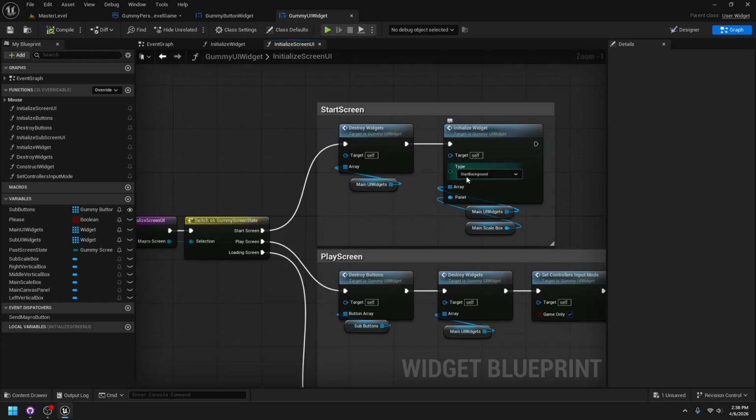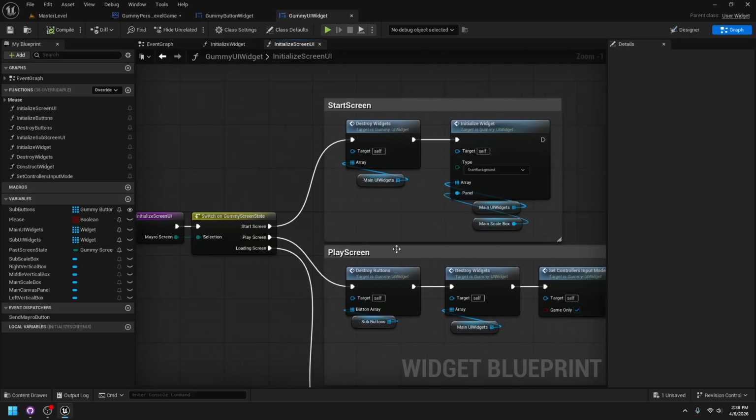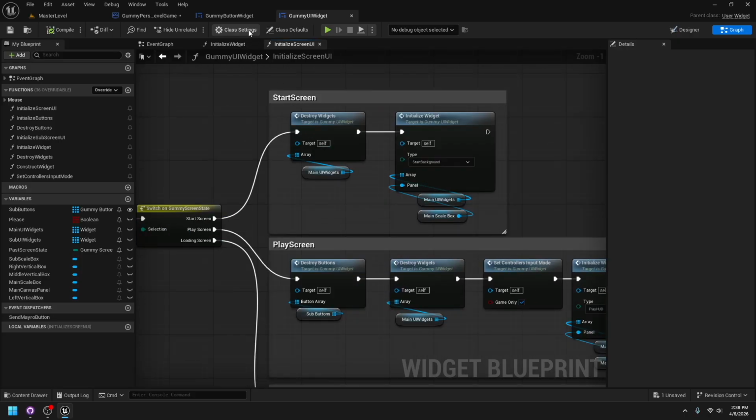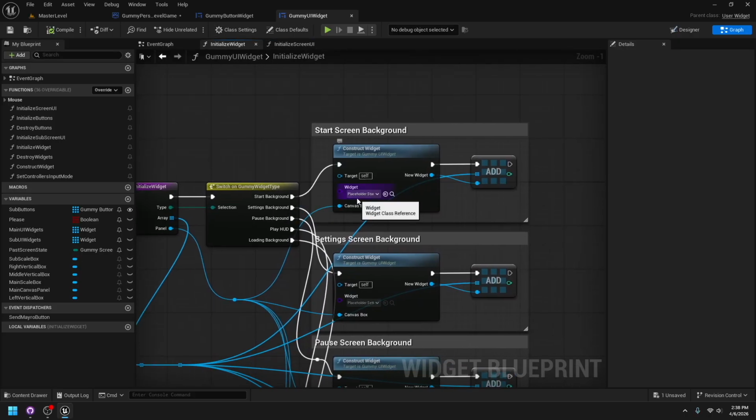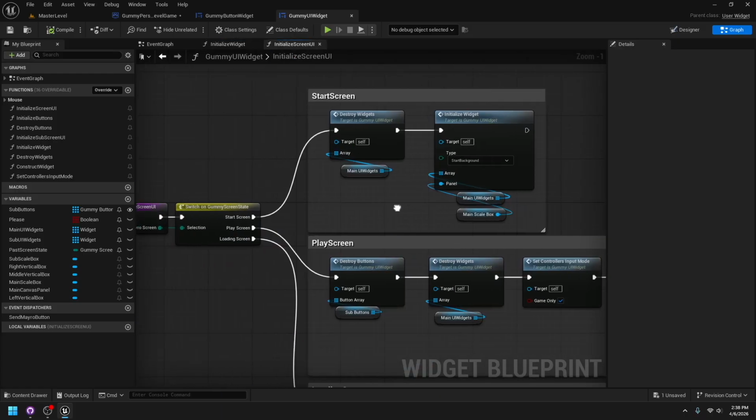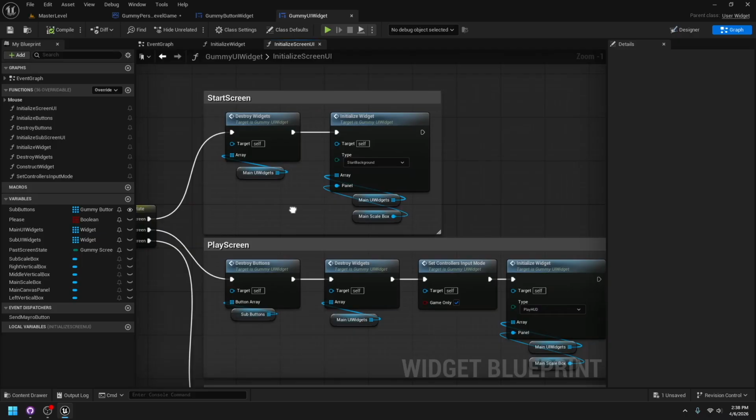So we're just spawning in the type of start background. Whatever start background is set to, that's what's going to show up at this time at the start screen. Here, start background is set to placeholder start, so that's what shows up in the start background. And also here I see we take in